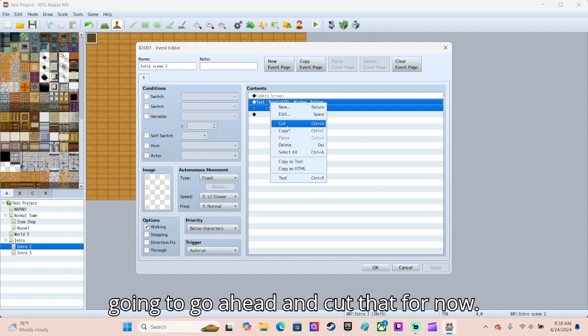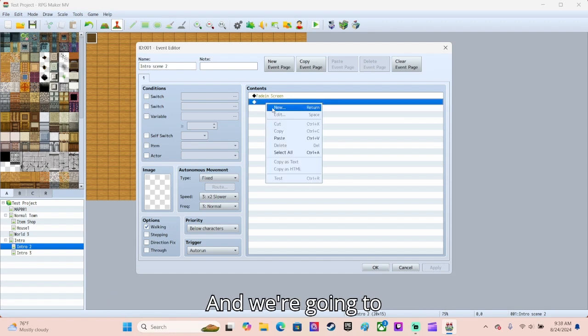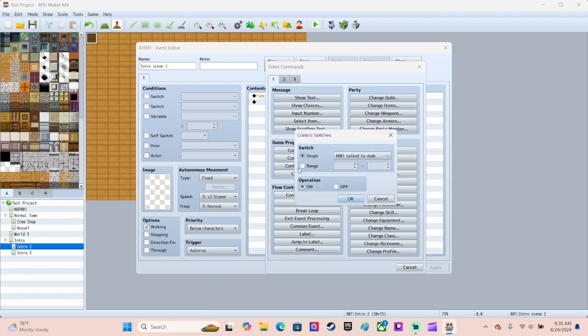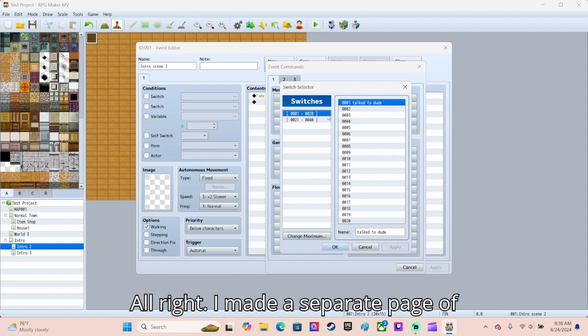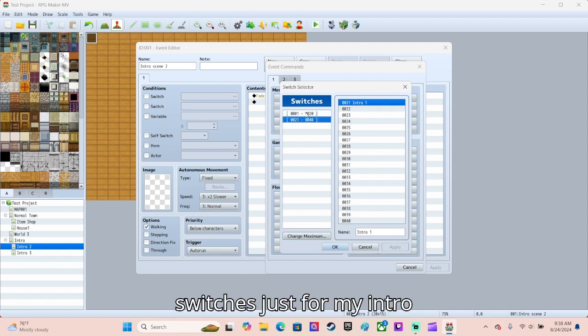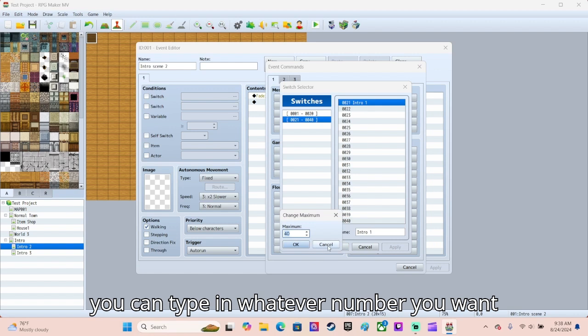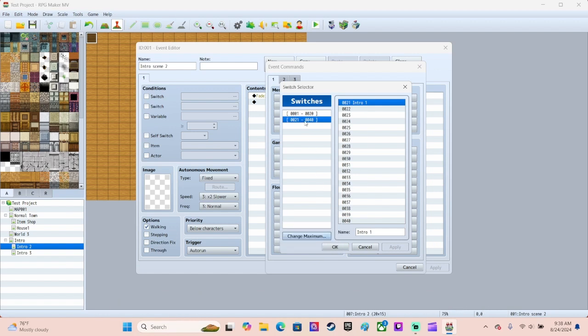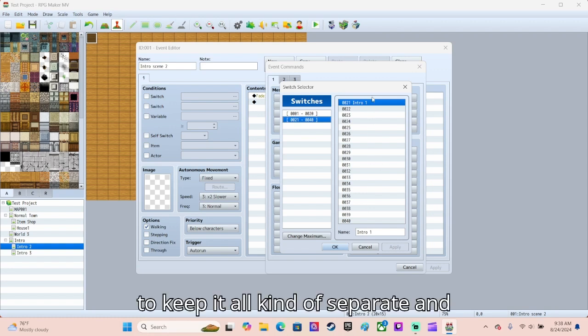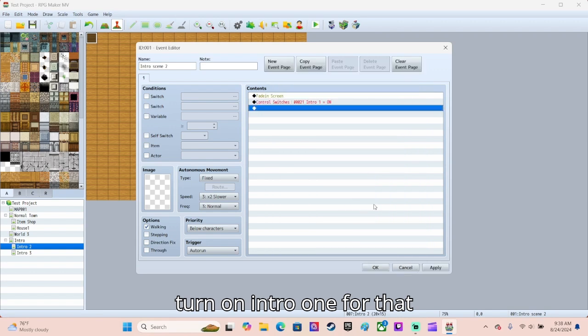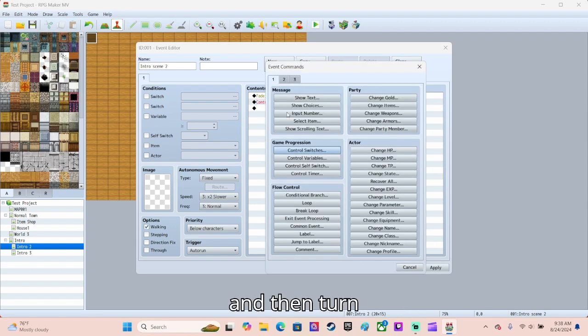I'm going to go ahead and cut that for now. And we're going to do control a switch. I made a separate page of switches just for my intro because it takes a lot of switches. So you just change the maximum down here, and you can type in whatever number you want to change how many total you want. And then I use the second page of it to keep it all kind of separate and organized. So we're going to turn on intro 1 for that,